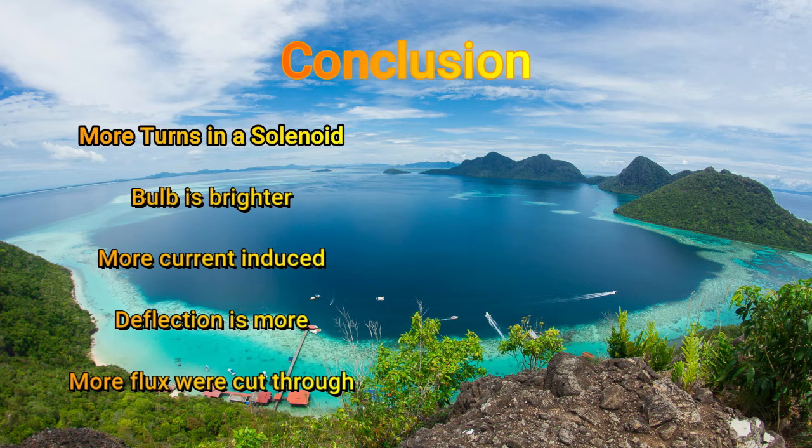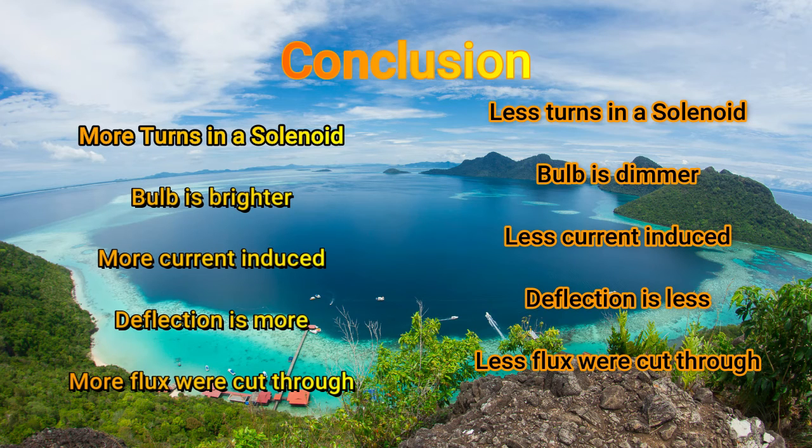For the conclusion, more turns in a solenoid will result in the bulb being brighter, more current induced, a larger deflection, and more flux will cut through, and fewer turns in a solenoid, the bulb is dimmer, less current induced, less deflection, and less flux will cut